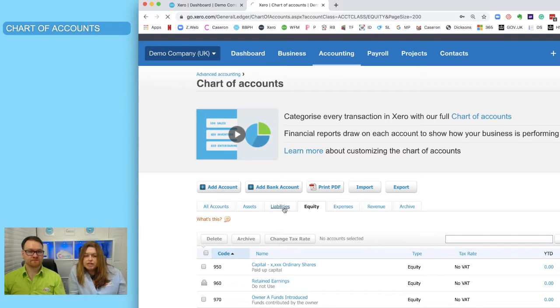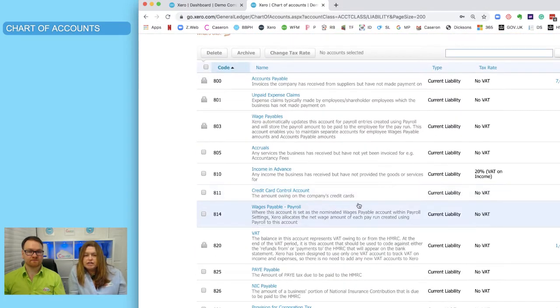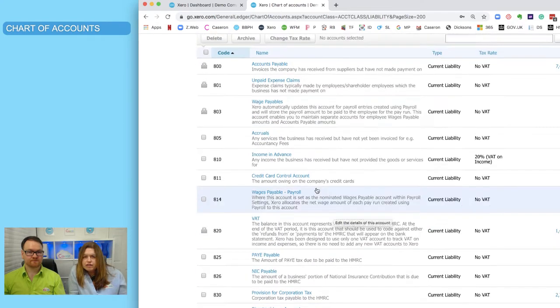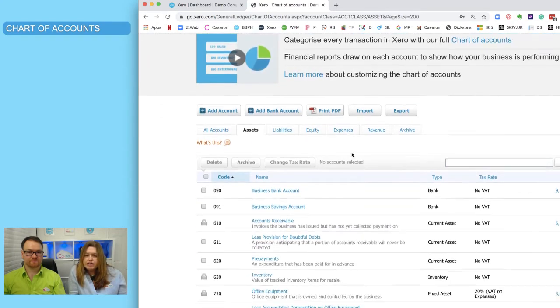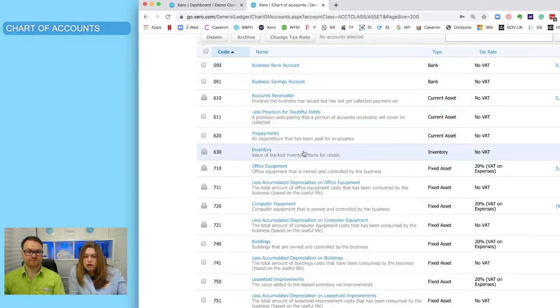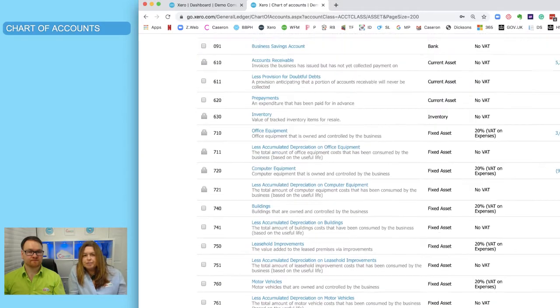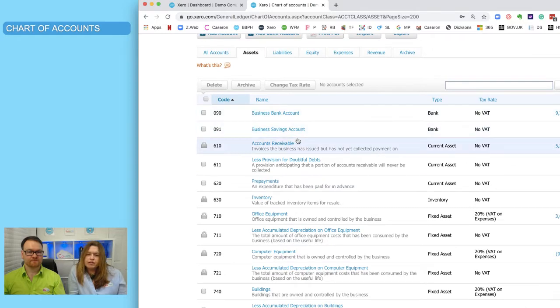So liabilities, as what it says on the tin, these are the things that your business owes to other people, like wages that are owed to your staff, taxes that are owed to HMRC, director's loan account if you've put money into the business and the business then owes you. And then we have assets. So let's pop over to the assets, and these include things like your fixed assets, your stock, cars if you've got any motor vehicles. It might include your director's loan account if you owe the business money and it's an asset to the business. So that's a very quick run through of the accounts,